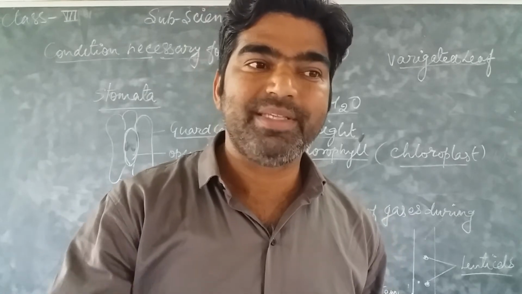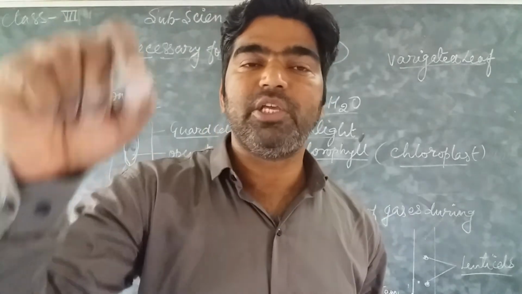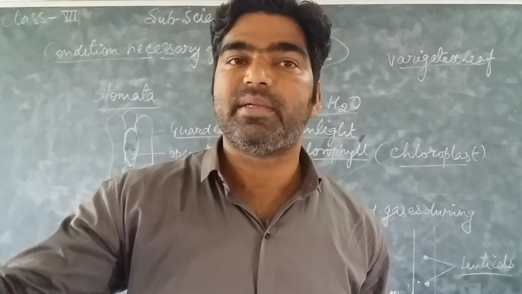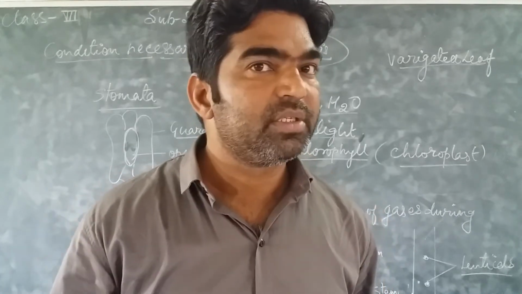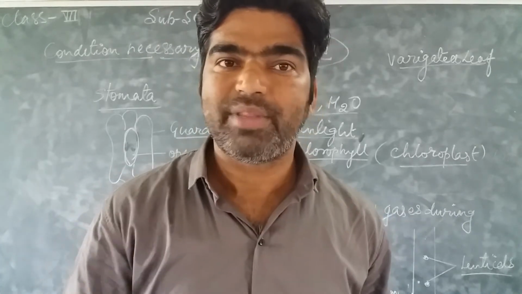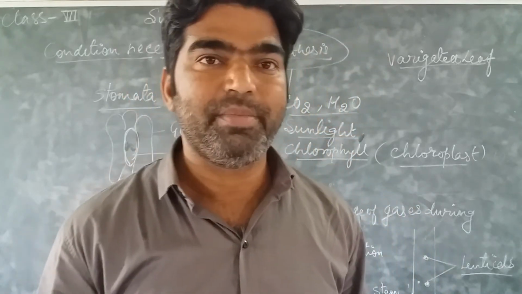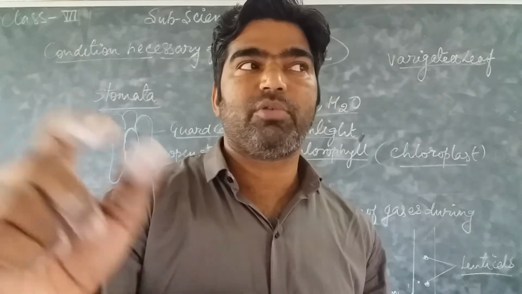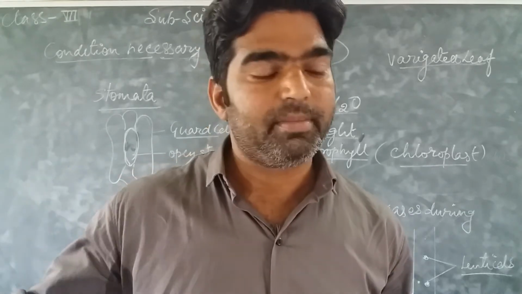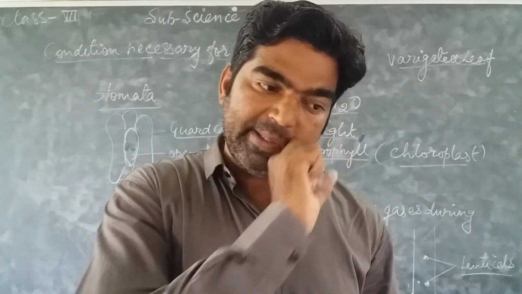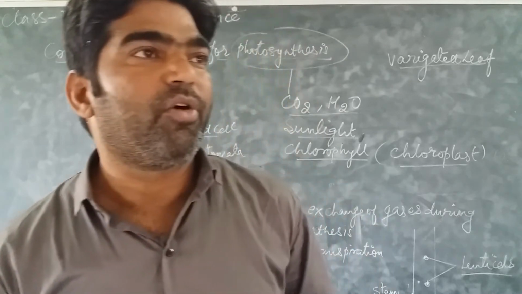So some parts of the leaves become yellow in color and some parts remain green. So that type of leaf is called what? Variegated leaf. Means थोड़ा सा पीलापन होता है उसमें और थोड़ा सा जो है वो ग्रीन कलर की होती है. So that type of leaves is called what?